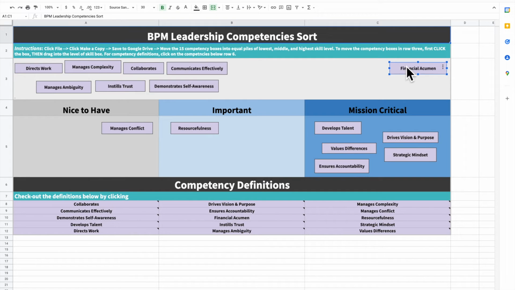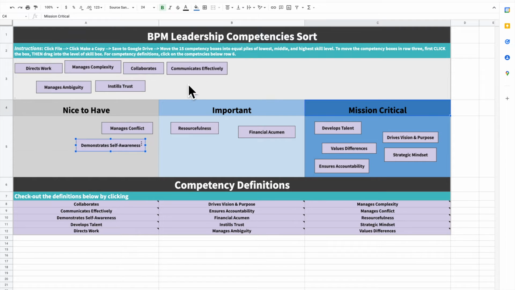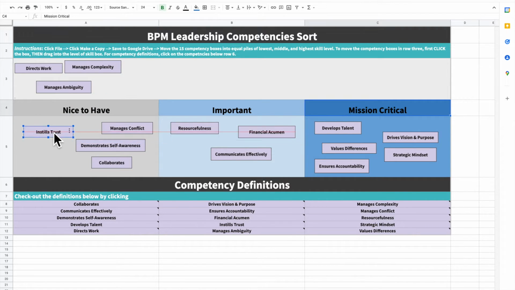The sorting categories this time are nice to have, important, and mission critical. Okay, let's move 5 competencies into each category for the perceived importance sort. 5 in nice to have, move 5 into important, and move 5 into mission critical.